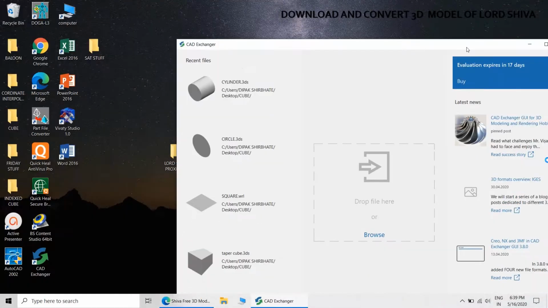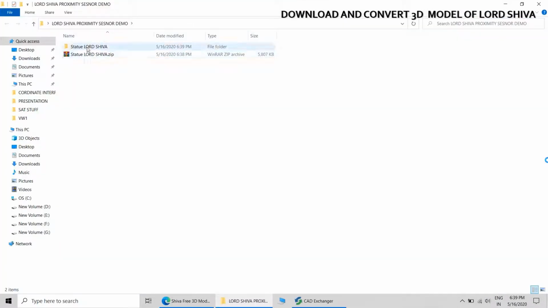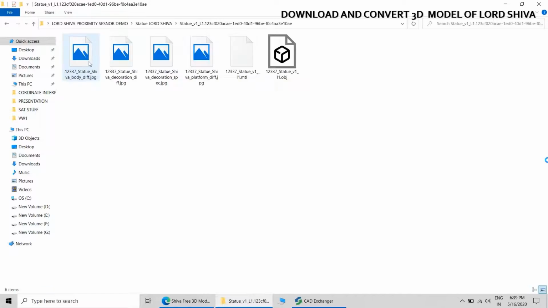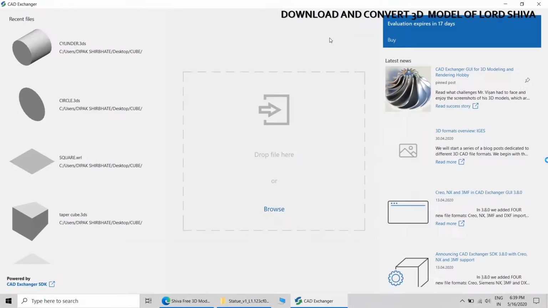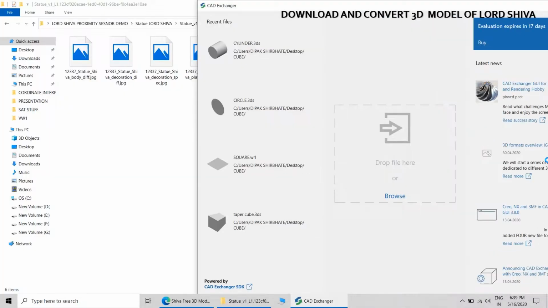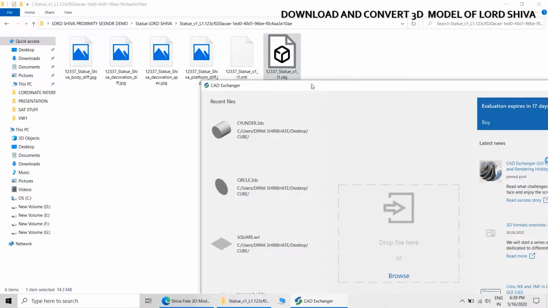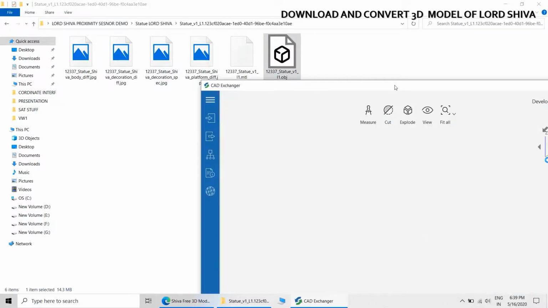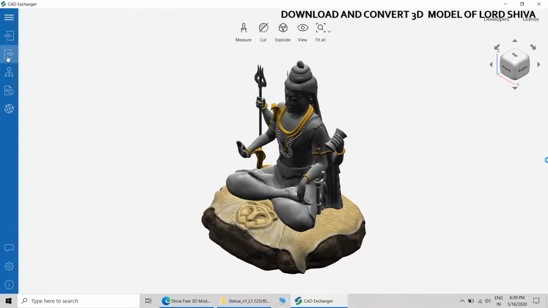You can download this free utility. It's a very powerful software which can convert most CAD formats into the required CAD format. This is an OBJ file actually, and I'm converting this file into VRML.